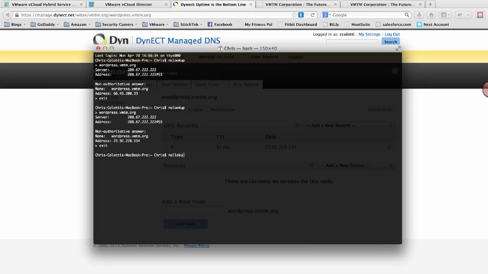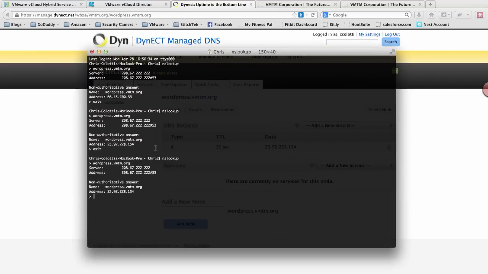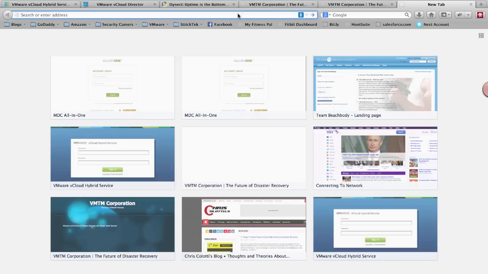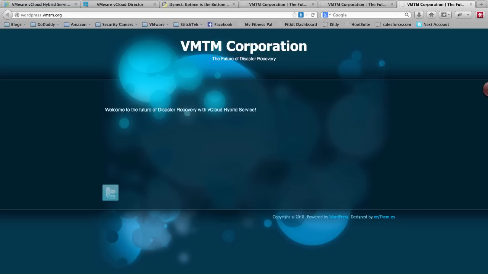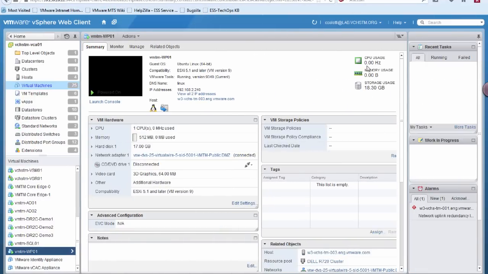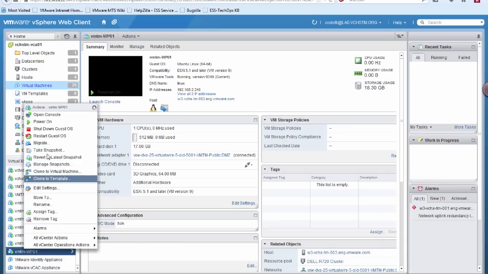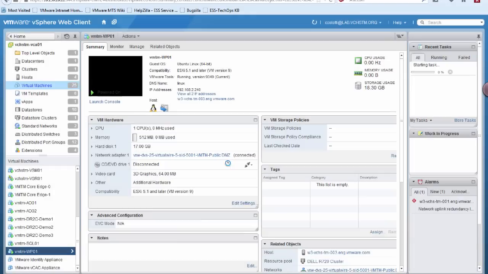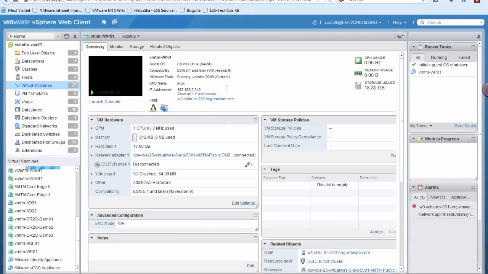So you can see here, after a little bit of waiting, if we now look up our wordpress.vmtm.org, we can see that we're now actually getting the new IP address that we've configured in Dyn.com, because our TTL was set very low, so that was our original one. And now if we open up another browser, we can still hit that from our DNS. Just to show that it is now 100% cut over, I'm going to go ahead on this WordPress box here on premise, and shut down this guest OS